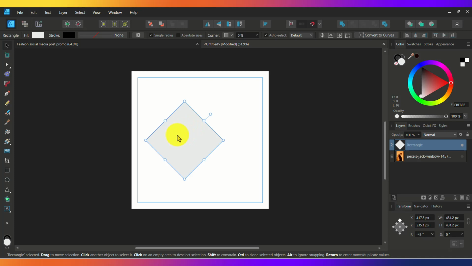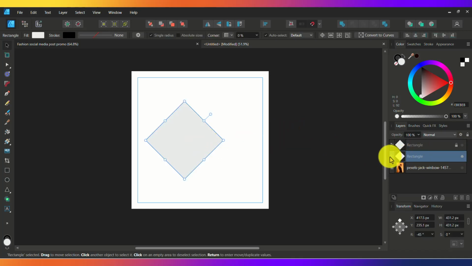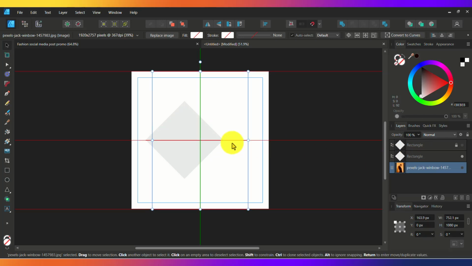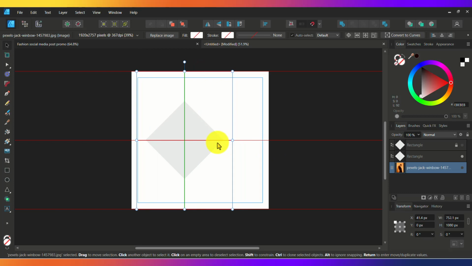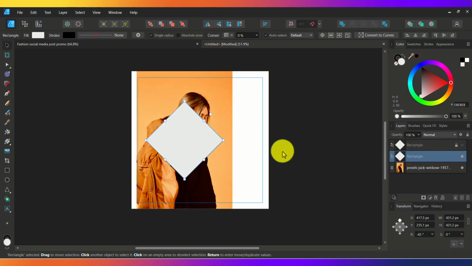Then let me press Control C, Control V so that I can have another copy, which I'll be using later on. Let me hide it and lock it. So this is our photo. Let me drag it to the middle, enable it, come here to this rectangle,